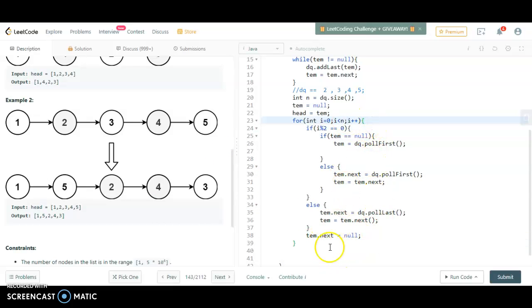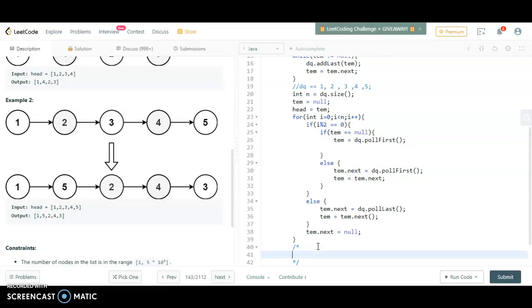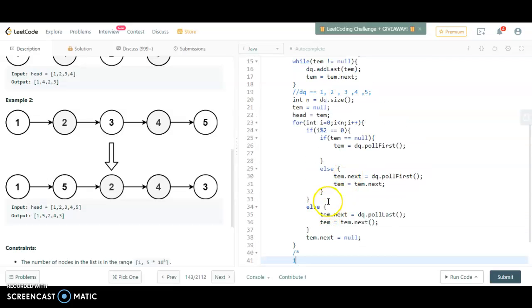Basically what happens in this loop, if we have 1 2 3 4 5 in our array: at the first iteration, if temp is null, it will add 1 to temp. Then in the second iteration, for I equal to 1, it will add 5 to the next element.